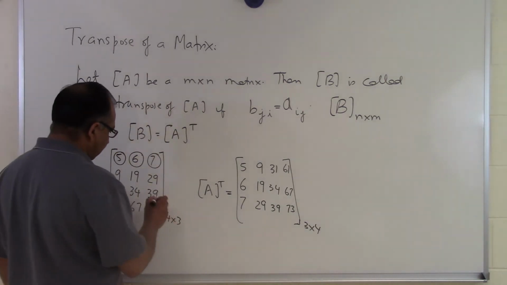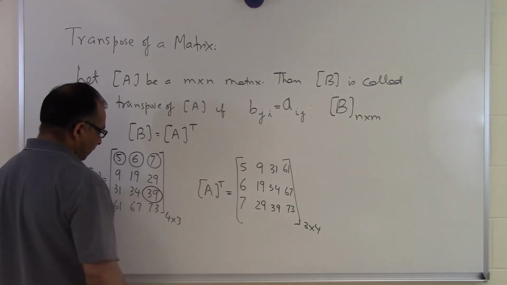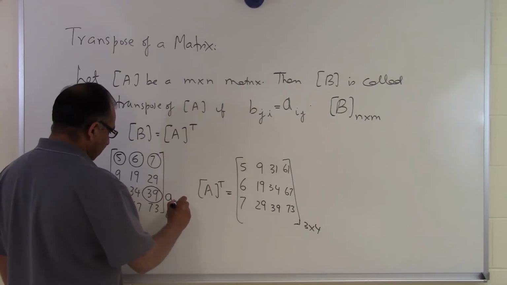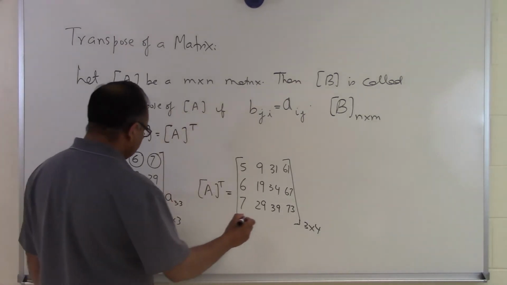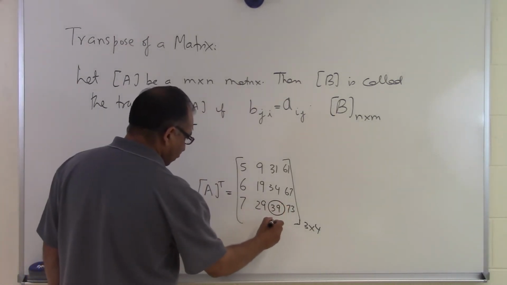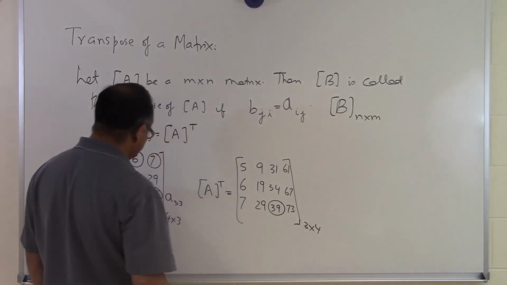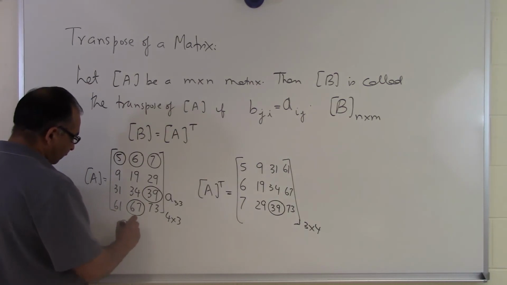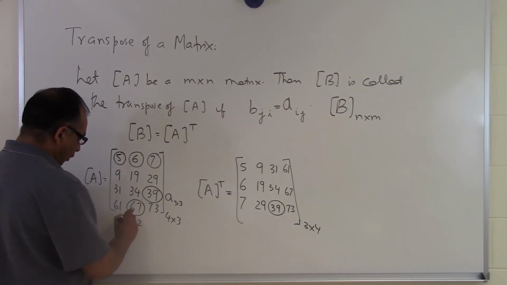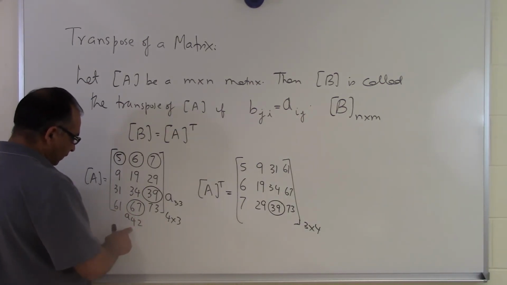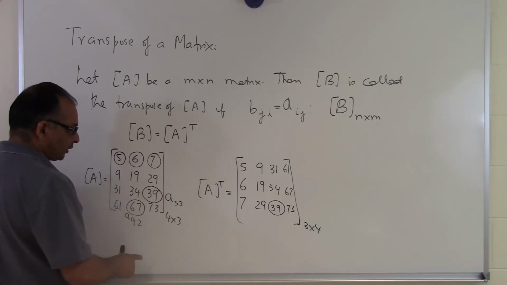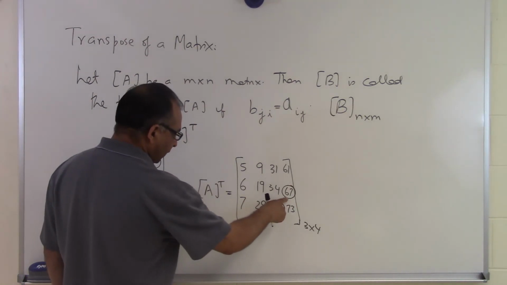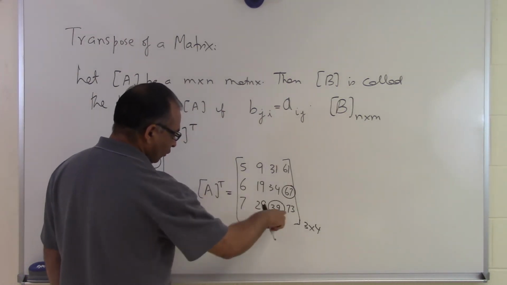Let's do a spot check here. Let's suppose I have this element as 39. This is third row, third column, and 39 is right here. That's also third row, third column there. Let's look at another element right here. This is fourth row, second column. And let's see if this 67 is now in the second row, fourth column of the transpose, which it is here. That's where 67 is, and that place is second row, fourth column.